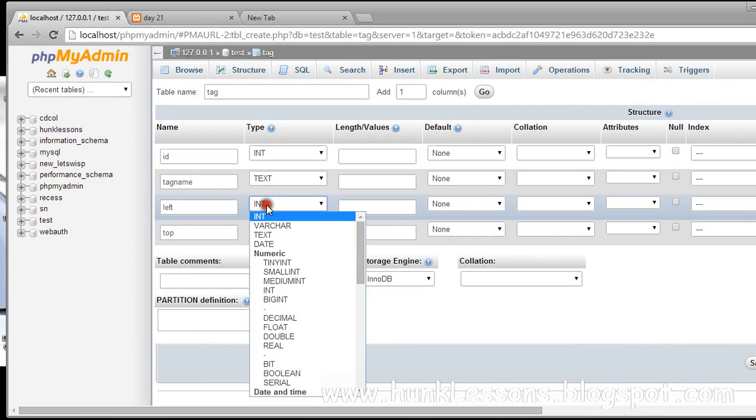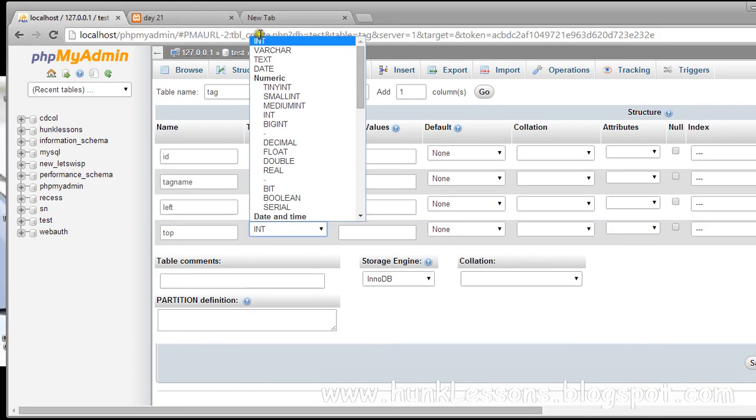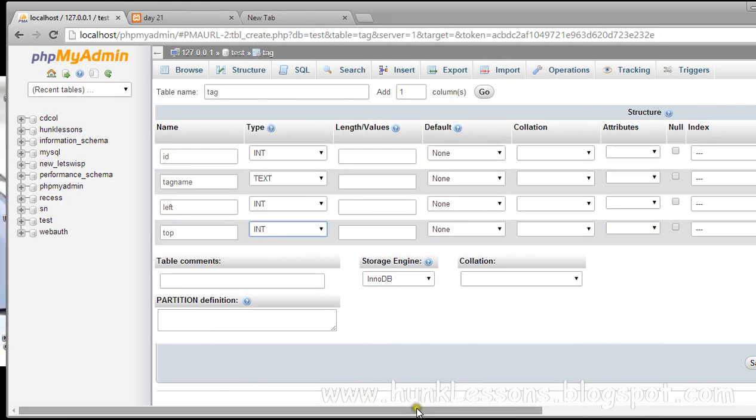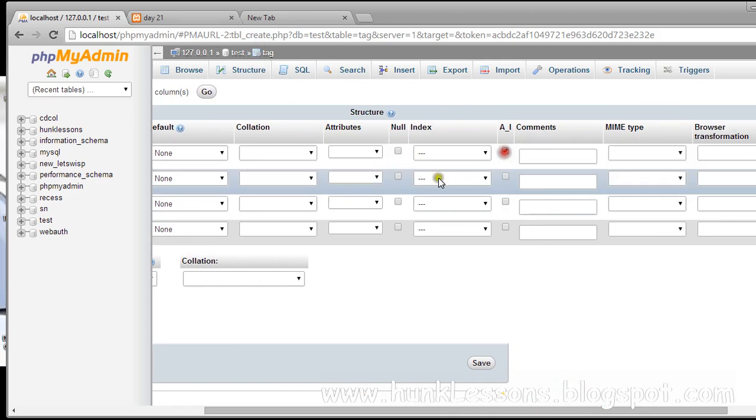Tag name should be text, left should be integer, top should be integer. I will give it auto increment, index, primary.